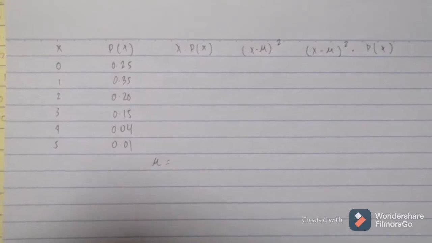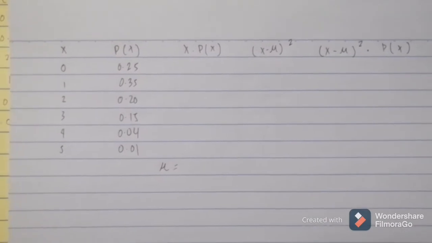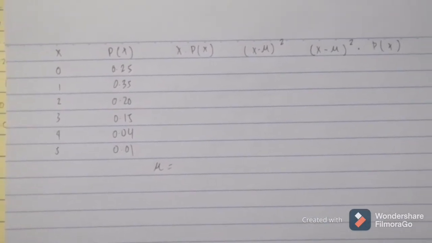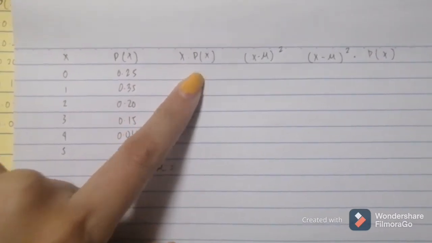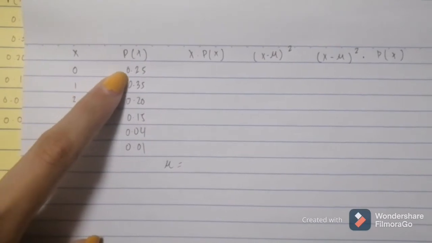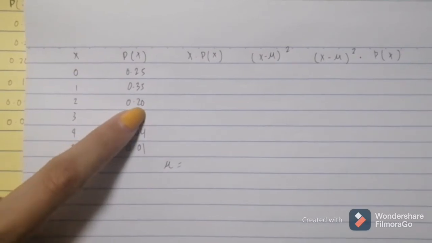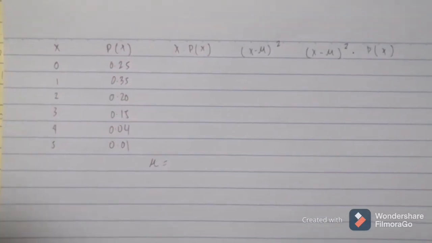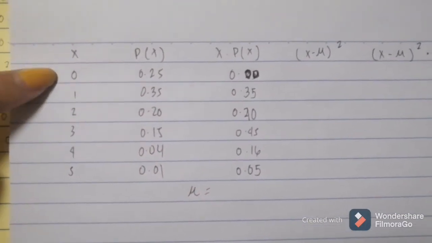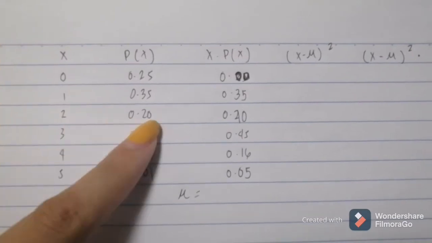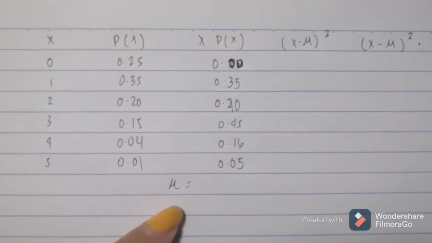So, dito na tayo sa pagkuha ng mean, variance, at standard deviation. So, ang una nating kukunin ay mean. So, para makuha yon, ang gagawin lang nating formula ay x times P(x). So, yung 0 times 0.25, yung 1 times 0.35, 2 times 0.20. So, ito yung nakuha kong sagot nung pinag-times ko yung 0 times 0.25, 1 times 0.35, 2 times 0.20, and so on. So, para makuha natin yung mean, ang gagawin lang,